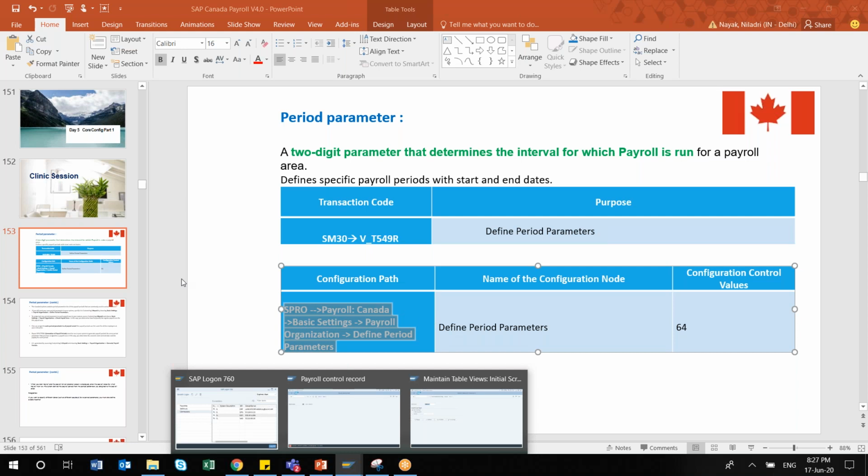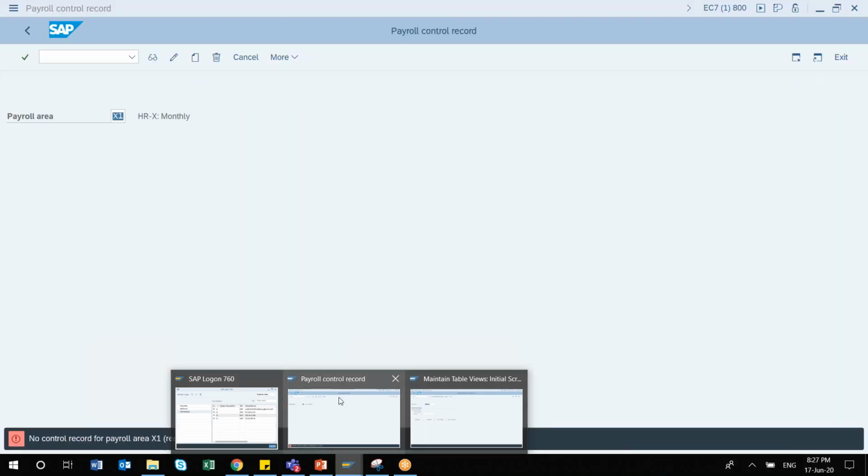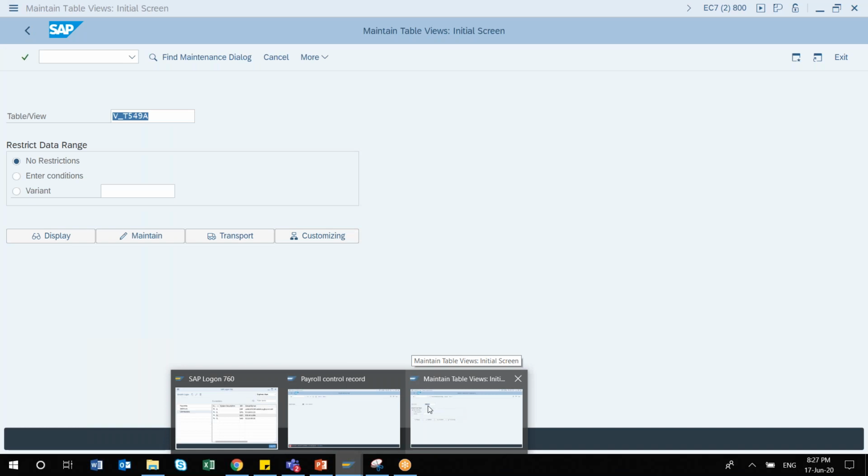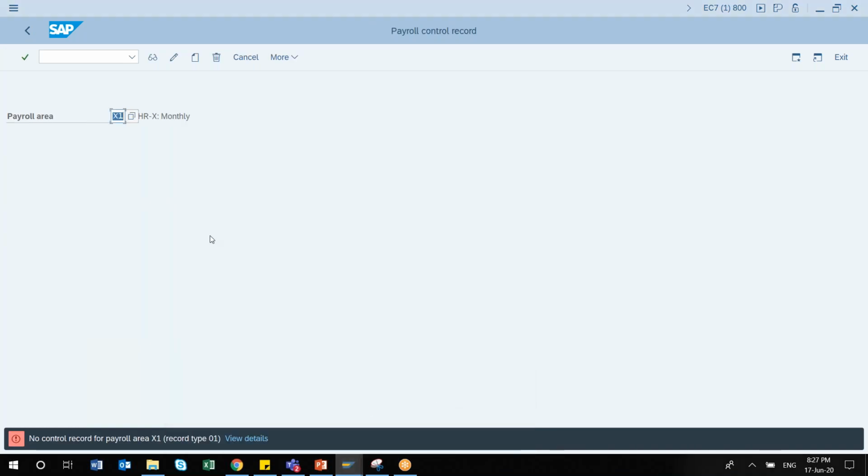Why have they put the date modifier first, then the payroll period and all? So you'll be able to relate to it in a much better way, and the flow of your learning will be much better. For that reason, I would recommend that in the initial days you go for the SPRO path only. Then after one or two months, once you have practiced a lot and are familiar with all of these things, you can directly explore the table names.